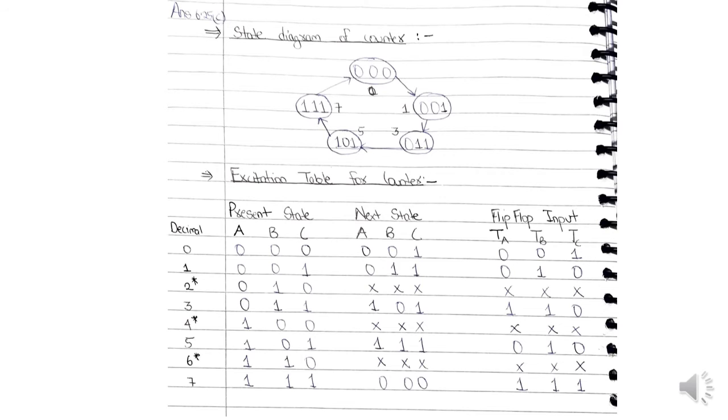Let's start from 0. We know that after 0 the next state is 1, meaning after 000 the next state is 001. Our T flip-flops complement the current state, so A's value is not changed and TA will be 0. We don't need A to be complemented. B is the same, so obviously TB equals 0. But in the case of C, which goes from 0 to 1, it needs to be complemented, so TC will be 1.